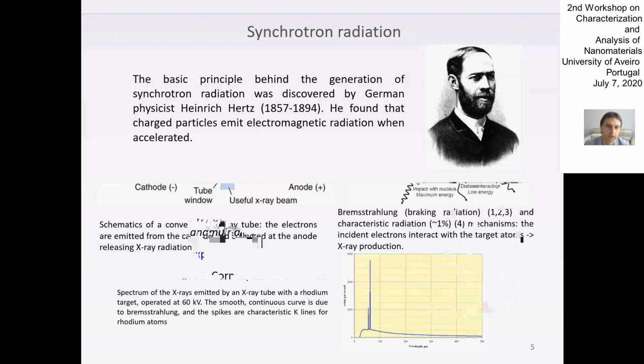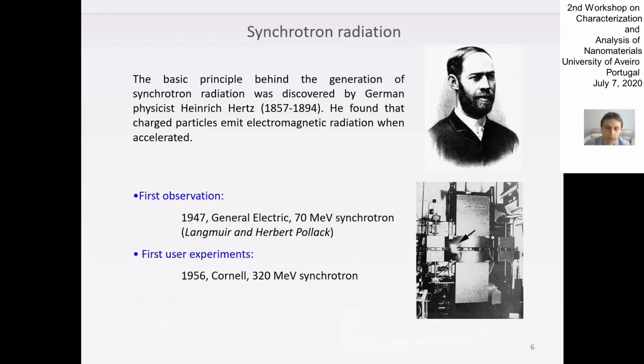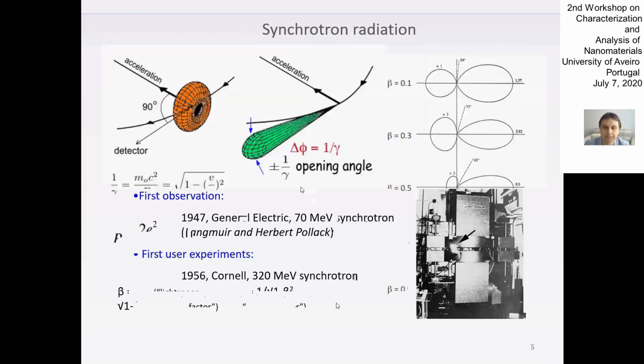The electrons were accelerated in the synchrotron and started to emit X-rays, which means they lose energy. That's a problem, and we have to increase power to keep the electrons on their orbits or trajectory. But this parasitic effect is really